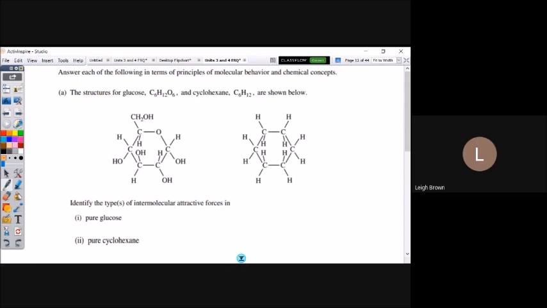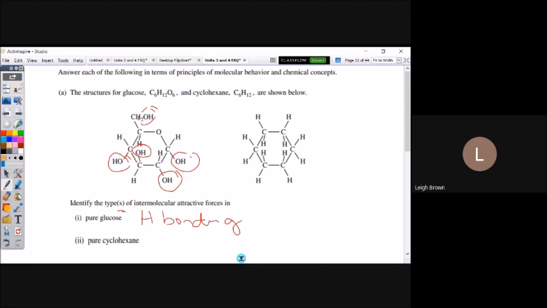But again, it says you've got 2 structures. We've got glucose and cyclohexane. Identify the types, plural, so that means there could be more than one in each of these. So when I look at glucose, these OH groups are called hydroxyl groups. You don't have to know that name. When you see those, they should jump out at you, okay? Any carbon compound with the presence of those OH groups, those are sites of hydrogen bonding. Just think of this like part of a water molecule. All right, so what are our answers for glucose? Definitely hydrogen bonding.